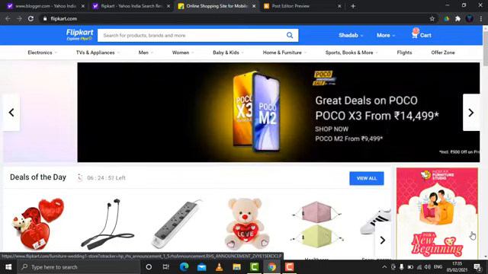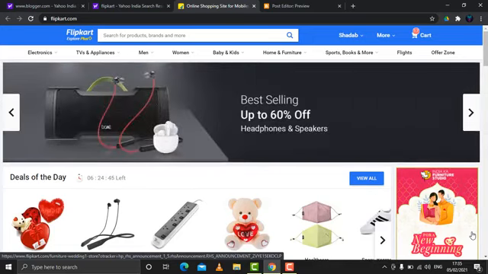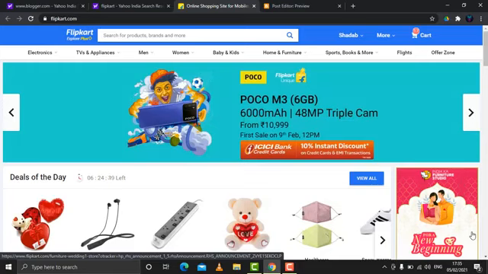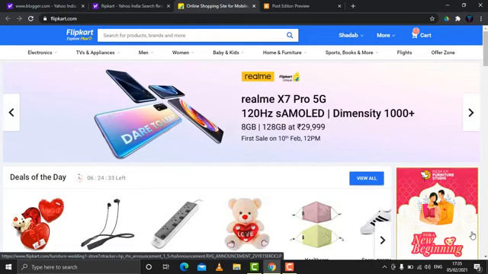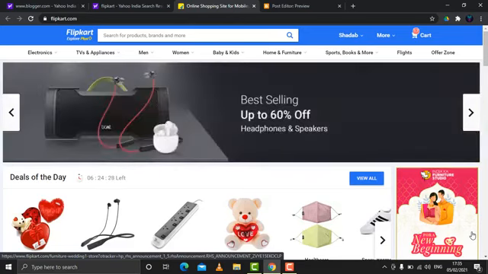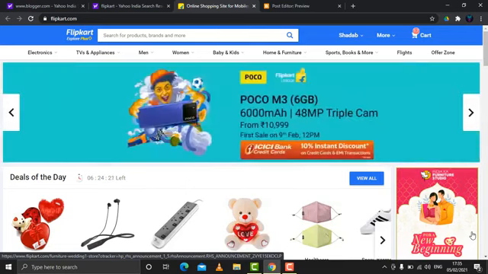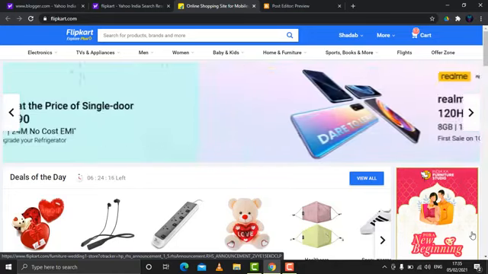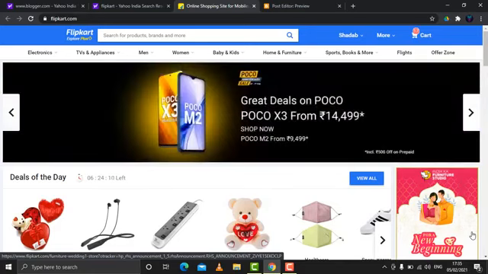So if we are doing e-shopping, a number of things are involved. The very first thing is the item. A number of items are there, and from all those items the first thing we need to do is select the item which we need to purchase. After selecting the product which we are going to purchase, we have to place the order. After placing the order, we need to do the payment, and there are a number of payment modes which we can apply